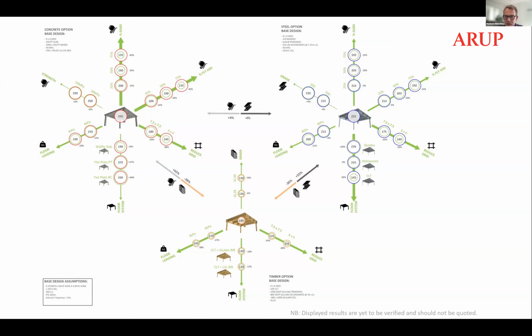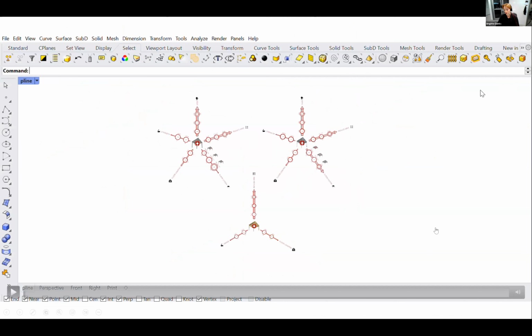These are terrific diagrams. They've got a lot of complementary points in the chat, by the way. I think everybody really loves these, so please tell us more about them. I think the simplicity of them is what really appeals to people, making these discussions a lot more palatable. The next thing I was going to show you is the way that we've automated them so that they're adaptable. This is done in Rhino and using Grasshopper. If I just start this video,